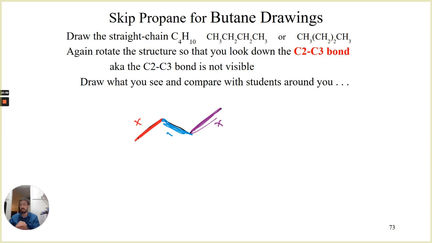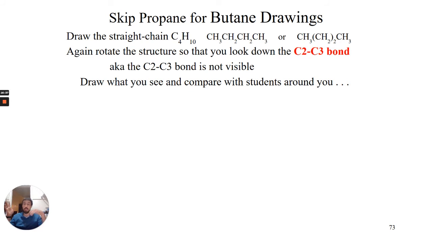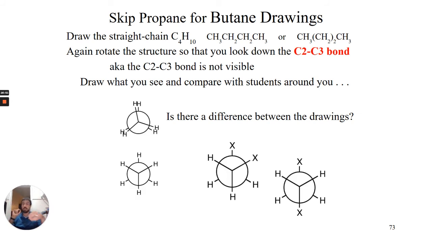Instead, we want to sight down that blue bond, and that would be down the 2,3 bond, hence the directions to look down that 2,3 bond. So what you should go through and do is build a butane molecule and then try and sight down that angle. Okay, and I was going to do that, but I don't have enough carbons in front of me. Sight down that bond and draw out the potential ways that you could then rotate around that 2,3 bond. How does that align the individual groups? And what you'll end up seeing is that there are differences in how you would draw it. Those differences come out